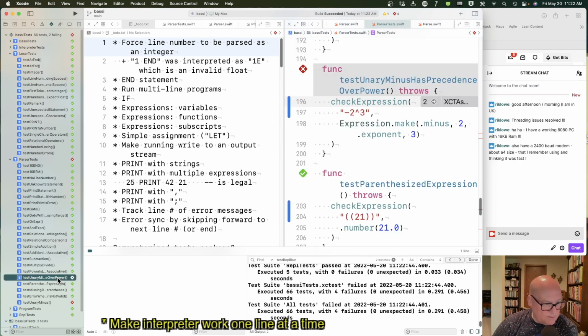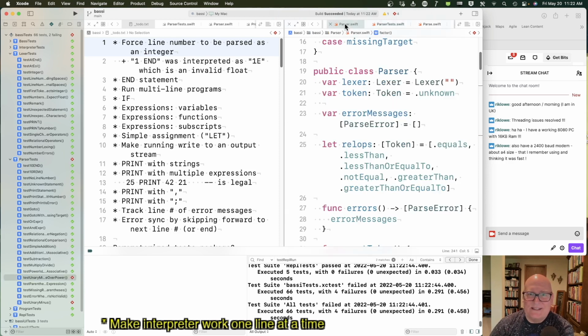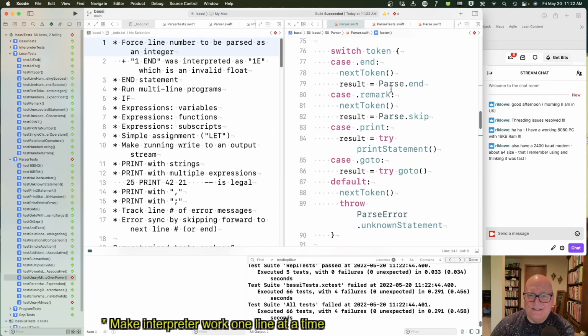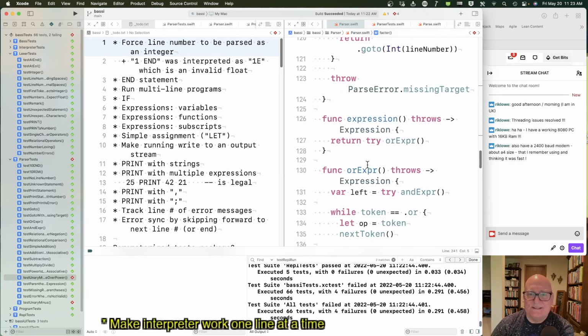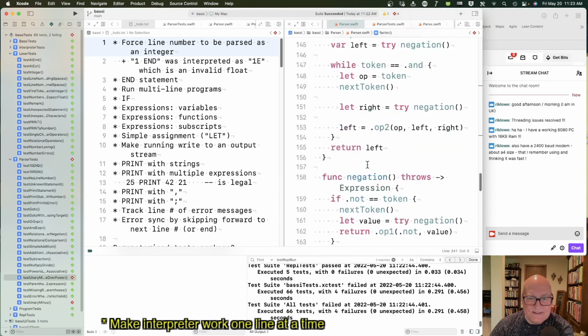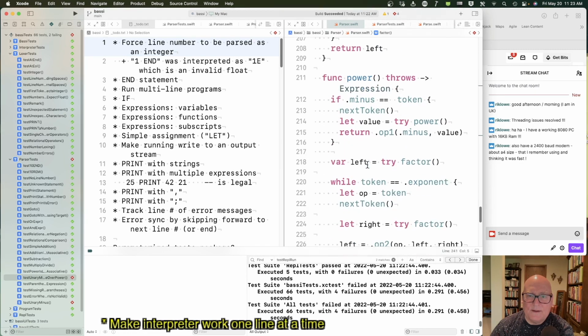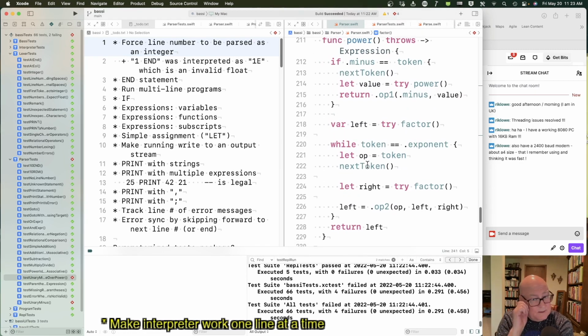Okay, 4 failures, all on the unary minus side. So let's re-examine our unary minus, down in expression land. It's right around power. We're seeing characters at end of line, which makes me think we forgot to chew up something. If minus equals token, do next token, then try power, and